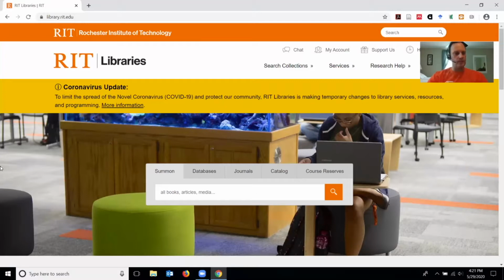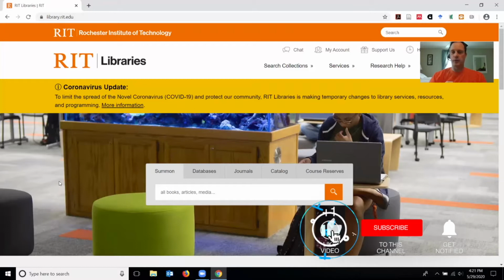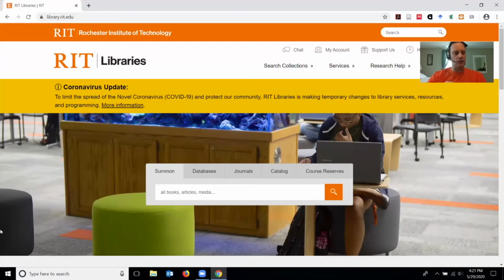directly through our website. And that really is the preferred method that I'm going to recommend and focus on: to access whatever you're going for, begin your search directly at the library's website. You can search for RIT Libraries, or you can go directly to library.rit.edu. If you search our Summon search tool,